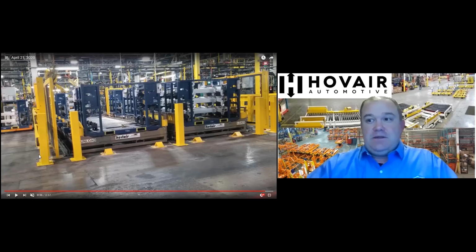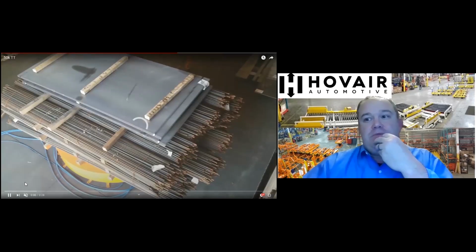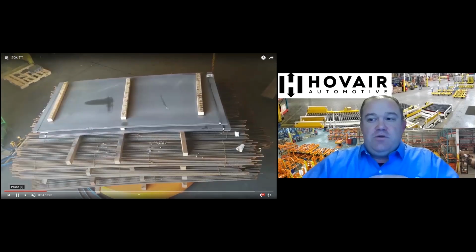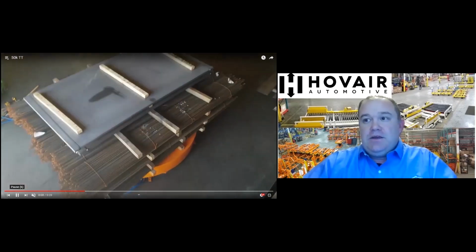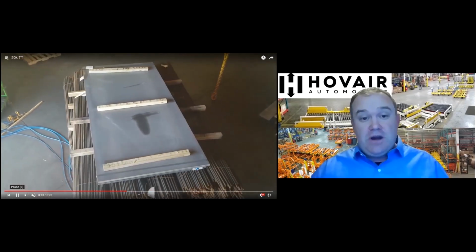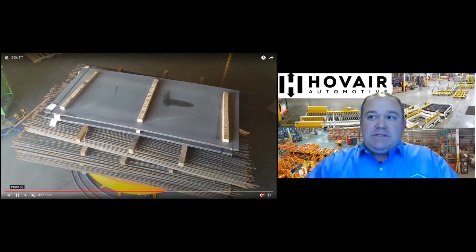But the next item we have on the list is a 50,000-pound turntable. We at Hovair Automotive are one of the few manufacturers of air-bearing turntables in the country, and this kind of technology goes back to the Hovair start, hence the name Hovair. So the air-bearing technology, if you're not